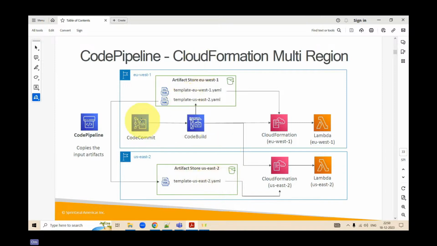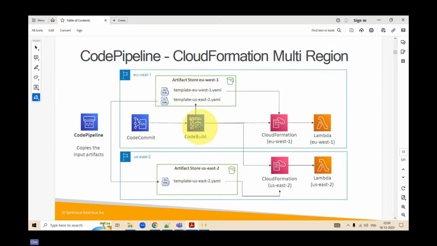Over here, whatever code is built after CodeCommit, that build, that means your buildspec.yaml file, goes into this artifact, and the second buildspec.yaml file goes into your second S3 bucket. Clear? From the first pipeline, CodeCommit, build, whatever artifacts are generated, first and second are there, and from here it goes into the second one.